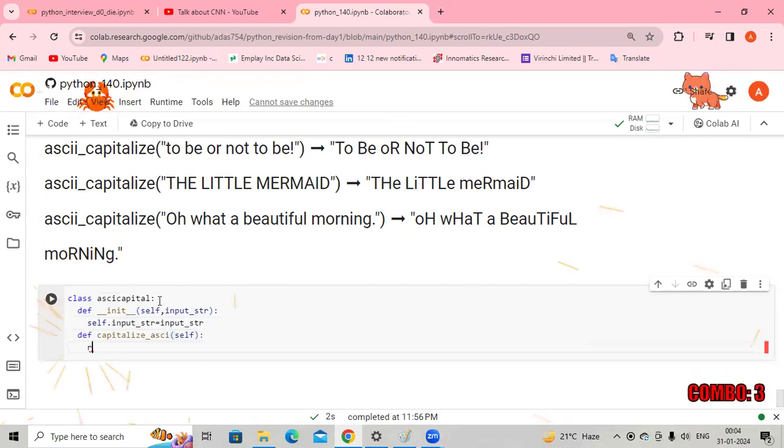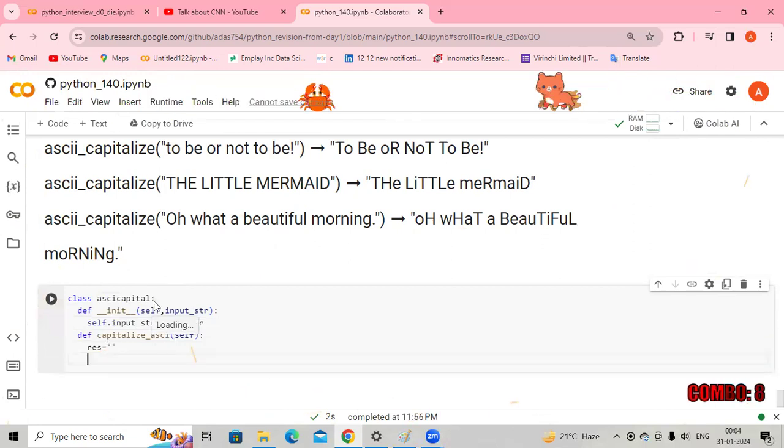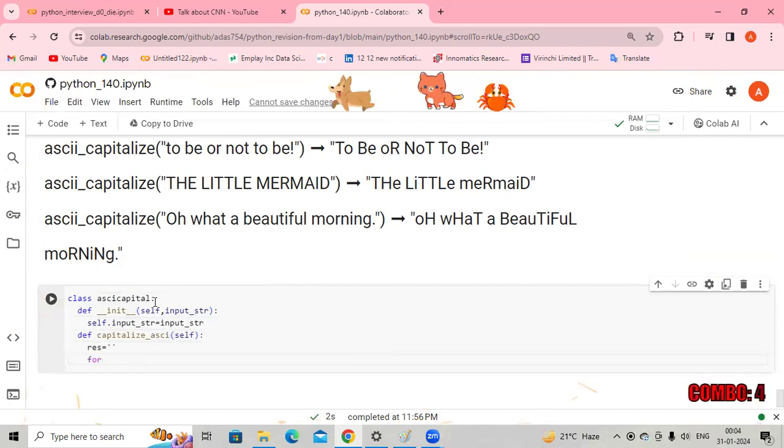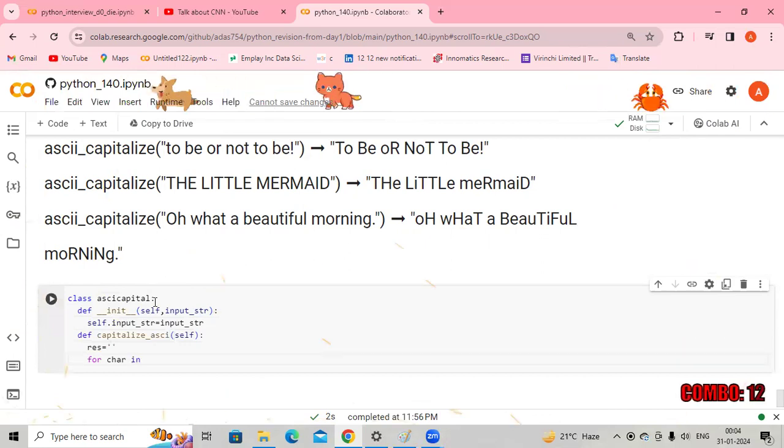And then here I am going to create one empty string, and then I will write the for loop condition. I will check for char in self.input_string,